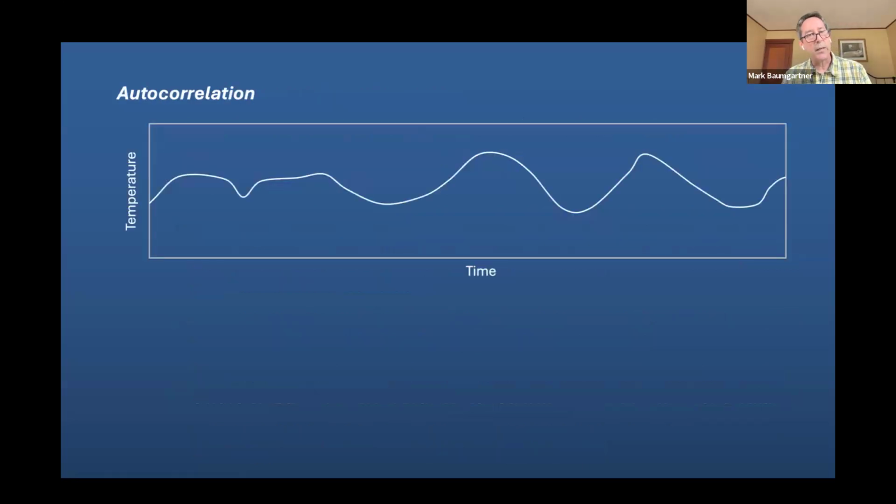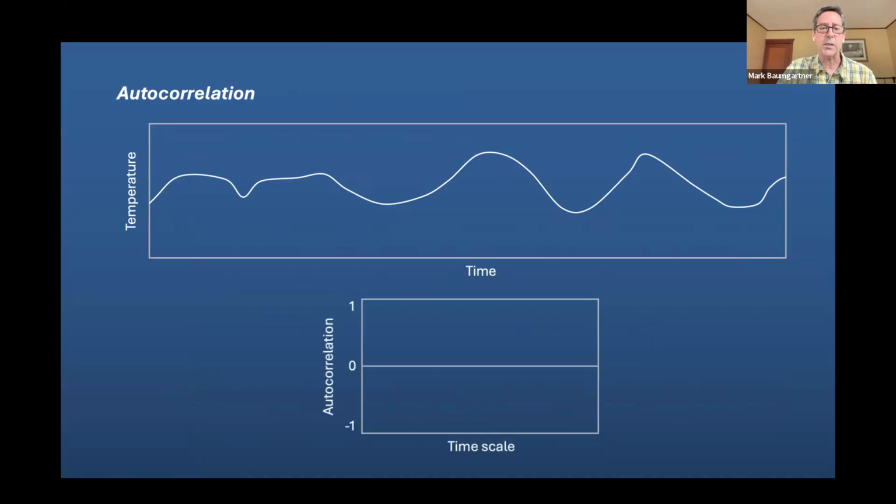So I'll just very quickly go through autocorrelation for a very simple time series like temperature. I'm just measuring temperature, say, in this room over time. Autocorrelation is just, I'm going to take the time series of temperature and shift it by a little bit of time, and then do a straight up correlation. I'll get a correlation coefficient and I'm going to plot that on this